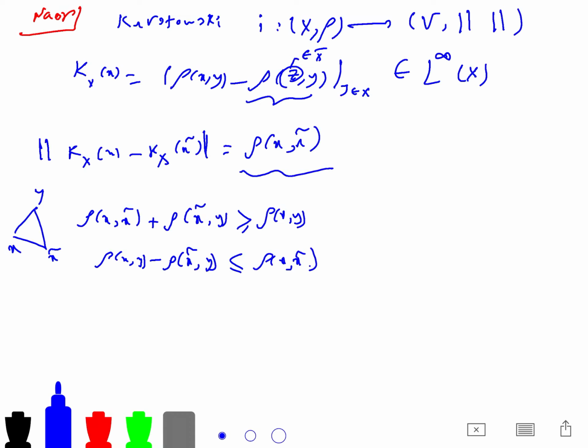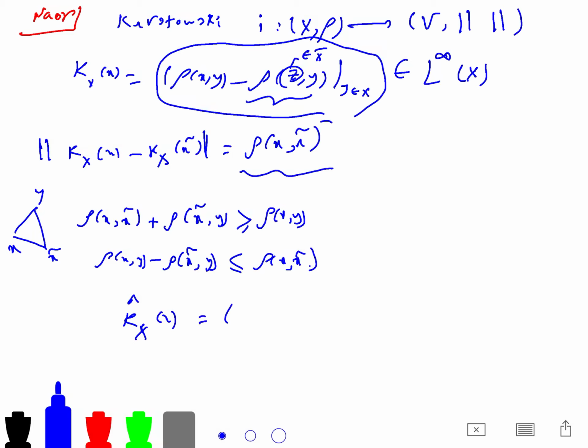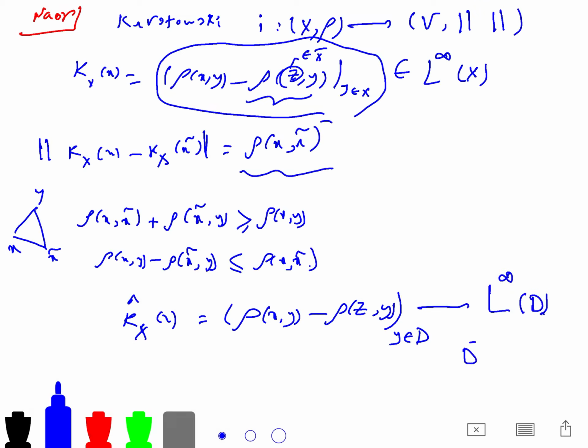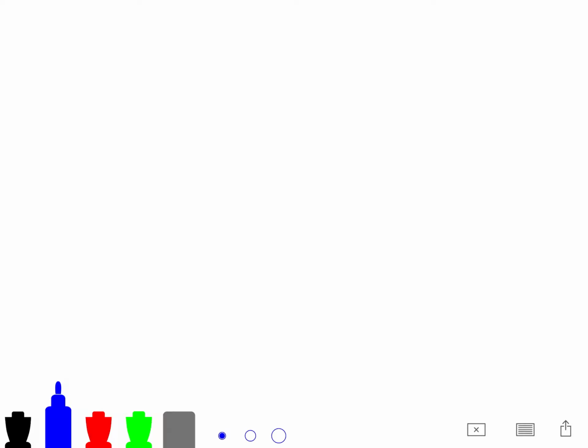So now you know that this is a member of L infinity, but for some purposes it is better to do a better construction. So k_x of x, like anything else, you can do restriction. The idea is from restriction. You can do the same embedding, but now you can just focus on the domain D. That's how you have successfully embedded into L infinity of D, and the closure of D is X, closure of X, and the idea of